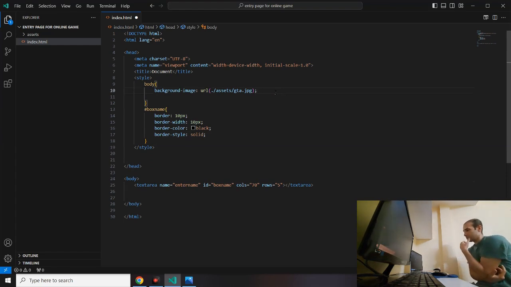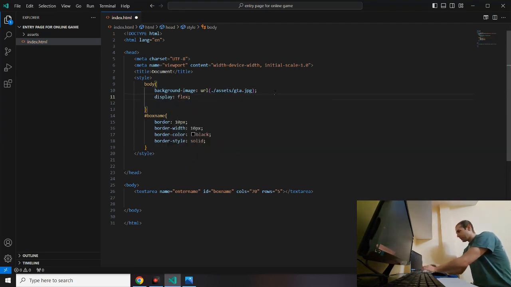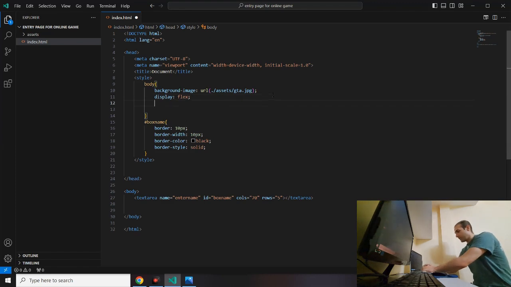Or I can use flexbox. If I want to use flexbox, I have to mention to target the container, which is the body tag, right? The body tag. So we can say display flex. And now to change the container,